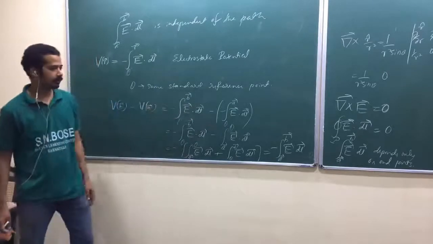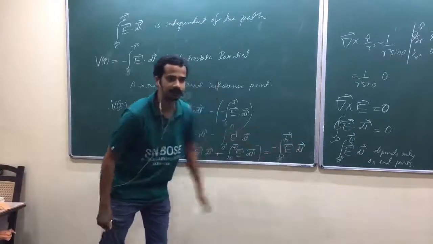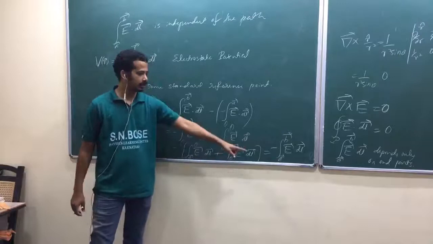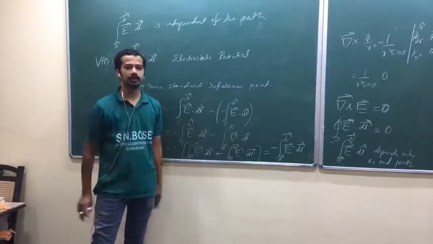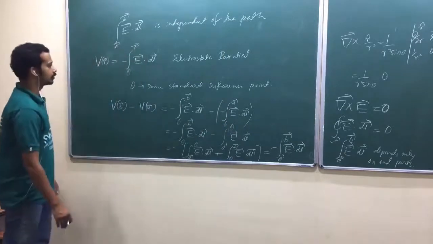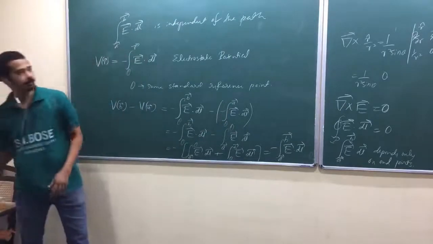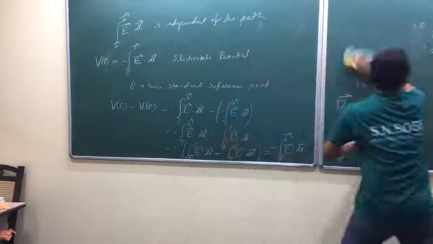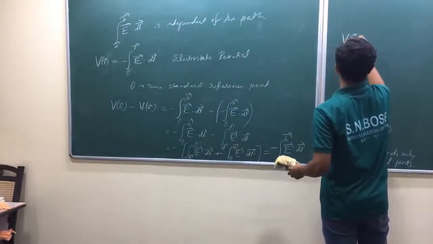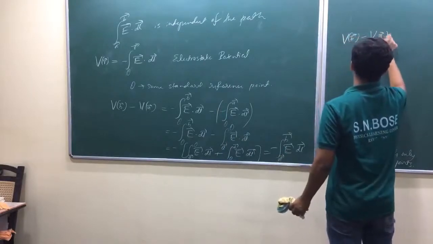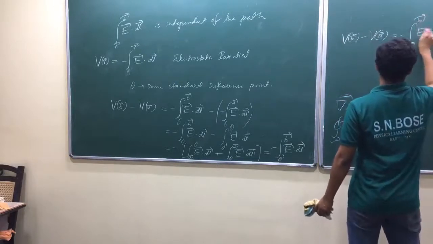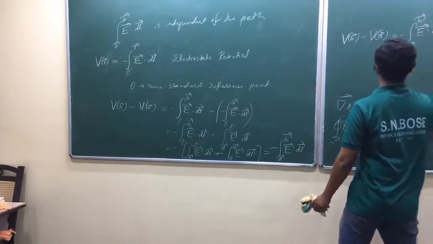Look at here, your reference point is not going to play a role at the end. You are going from A to O, O to B, the net integral is A to B. So you can take any path. Again, it is independent of it. So that's why I can write the potential difference V of B minus V of A equal to minus integral A to B E bar dot dl bar.